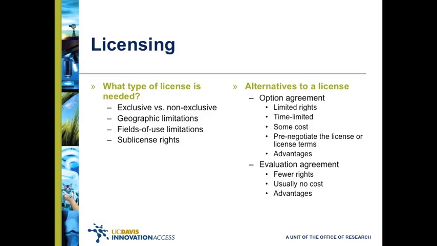Licensing. There are various types of licenses, and when negotiating with a prospective licensee, it's important to understand at the beginning what type of license we are willing to offer and what type of license the licensee really needs. Licenses may be exclusive or non-exclusive, relating to fields of use. In addition, geographic limitations may be imposed in a license. For example, a company may be operating only in Europe and have no capability to develop the invention and sell it in the United States.